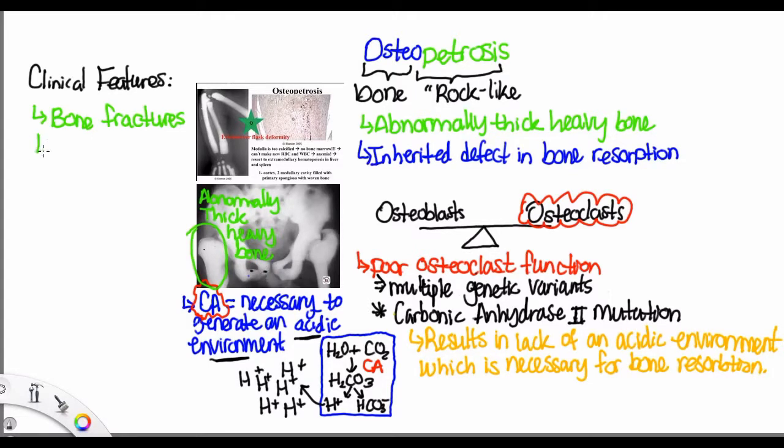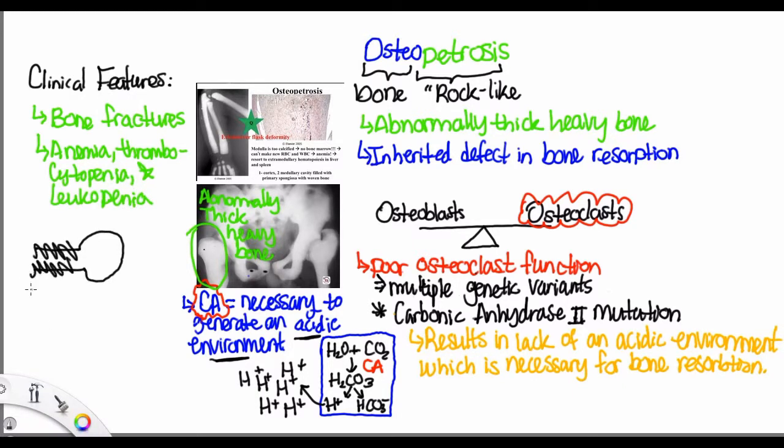Patients can also have anemia, thrombocytopenia, and leukopenia. Now this occurs because the thickening of the bone replaces the medullary space, which is called a myelophthisic process. Myelophthisic process knocks out the ability for hematopoiesis, which means generating blood cells. So if hematopoiesis is knocked out, individuals end up with anemia, low red blood cells, thrombocytopenia, low platelets, and leukopenia,